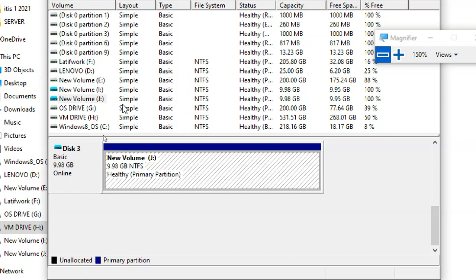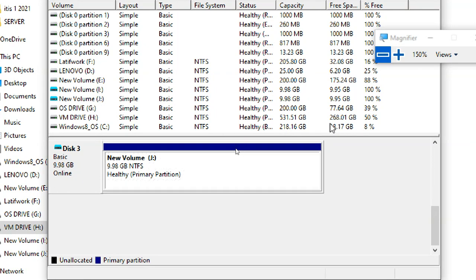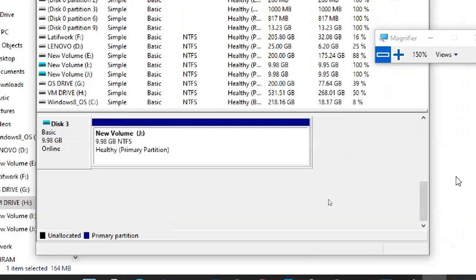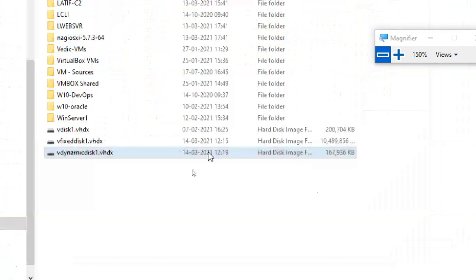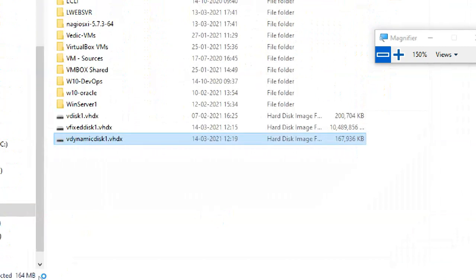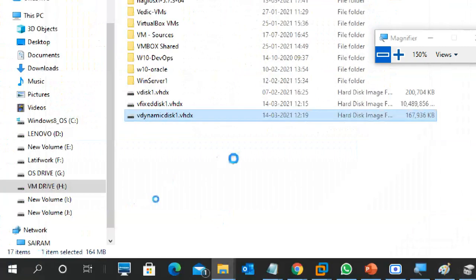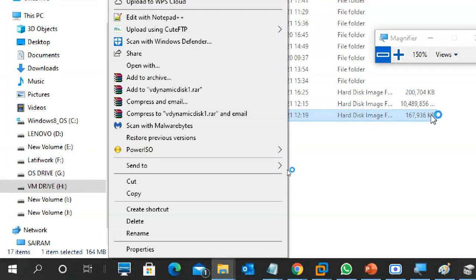It is showing here, 10 GB. And here no change. We'll go to this one. What is the size? It is almost 168 GB. No, 168 MB, not GB. It's a 10 GB disk, right? 168 MB, showing in kilobytes.